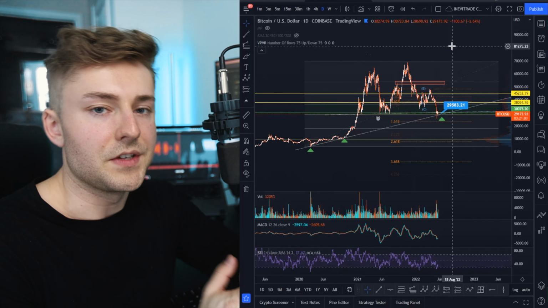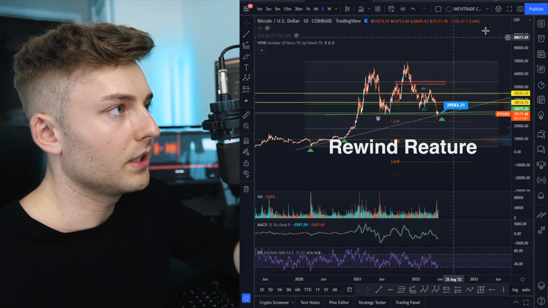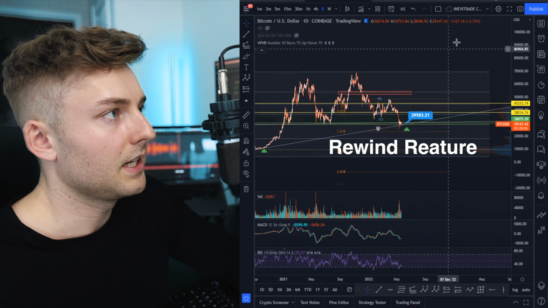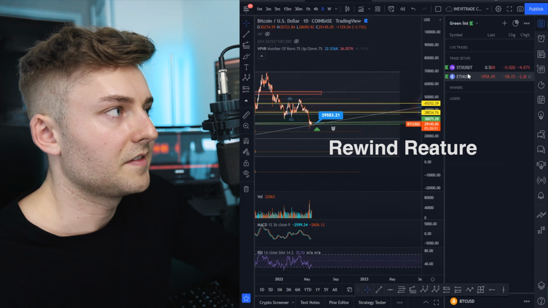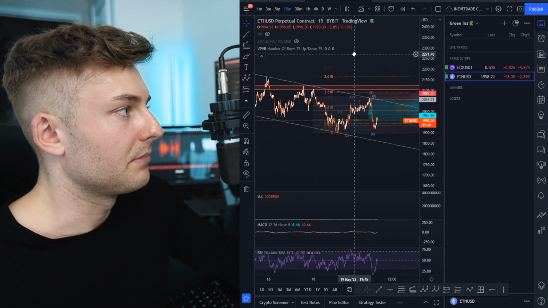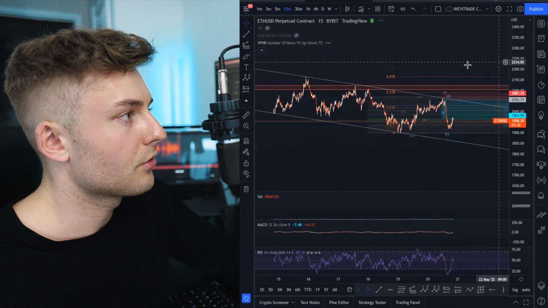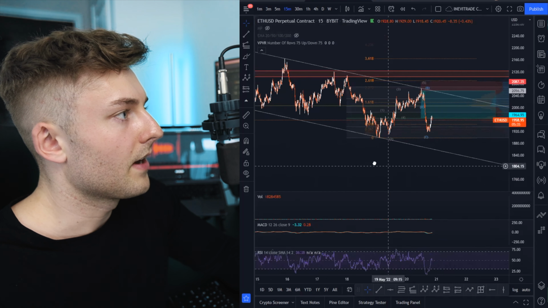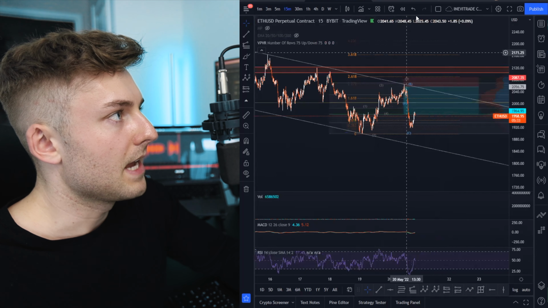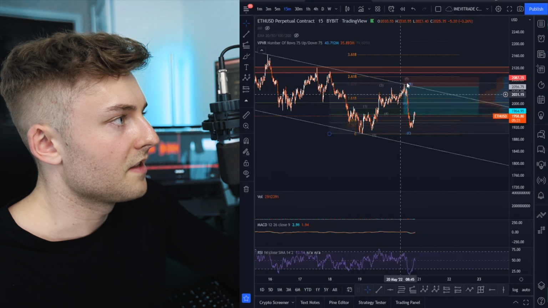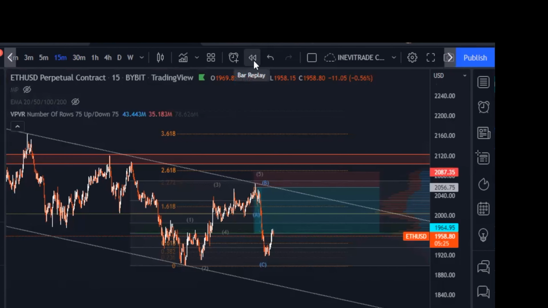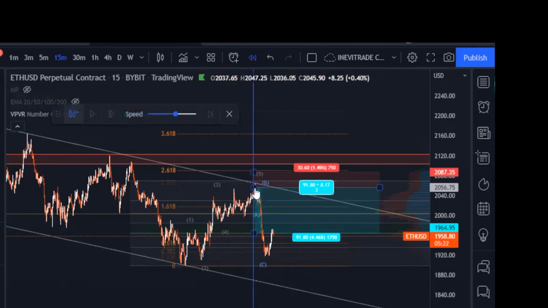And then this one last feature that I want to talk about is for really practicing your trading and being able to basically manage trades in real time and practice it really happening in front of you. So let's take this Ethereum trade for an example real quick. All right, if I wanted to basically make it so that the price action was still here and this move hasn't happened yet, I can click on this button right here, which is the bar replay,